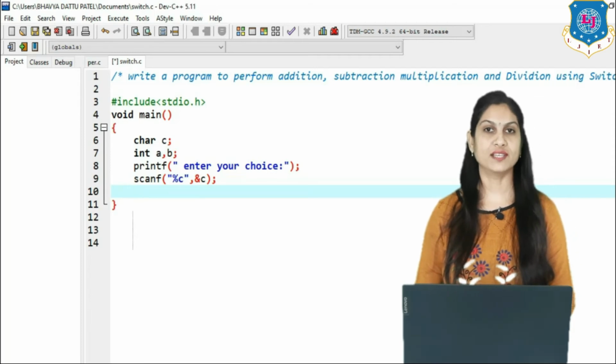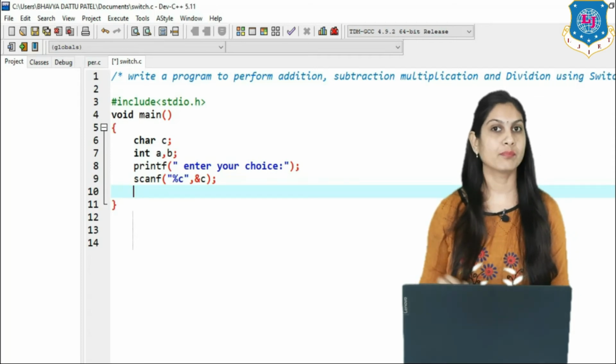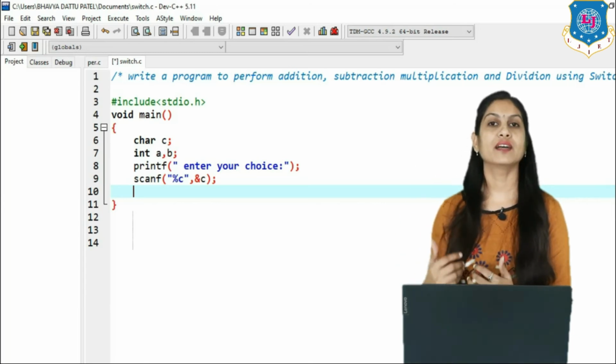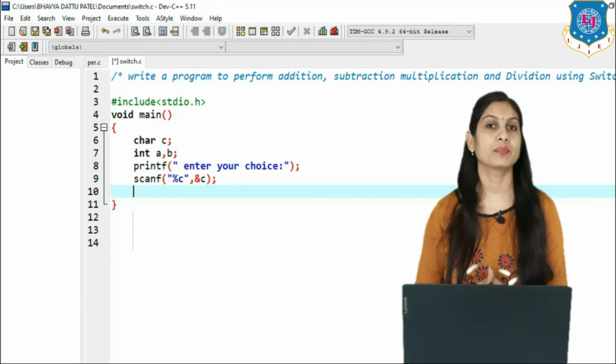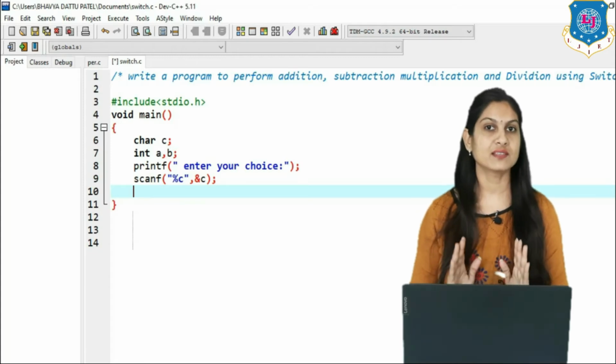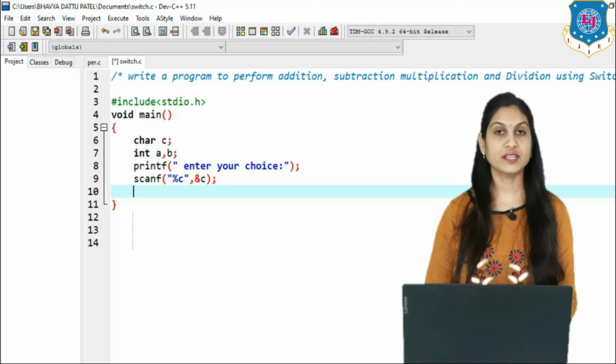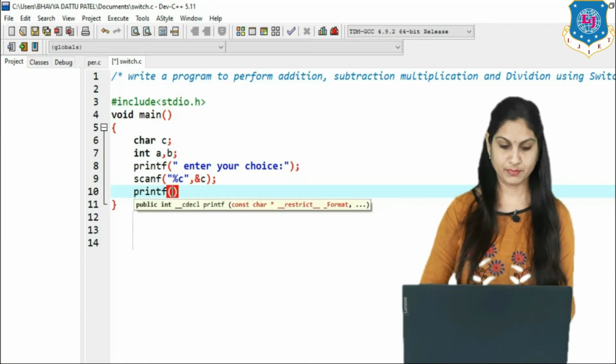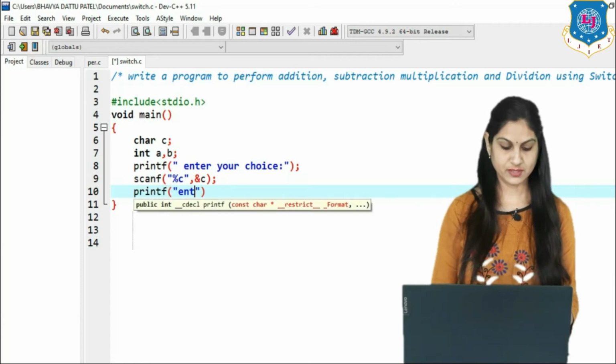This is about the choice. If the user enters plus sign, then the addition will be performed. If the user enters minus sign, then subtraction will be performed. That is our logic. Now another two values we require, that is A and B for addition and multiplication. So just print the message printf enter two values,